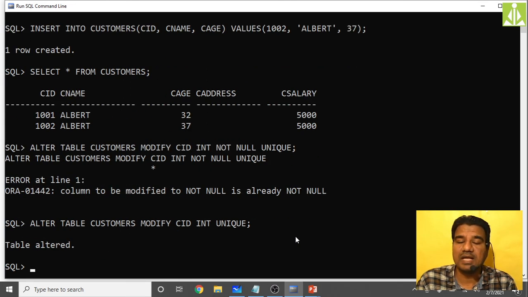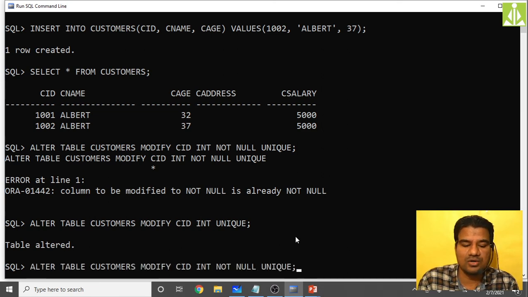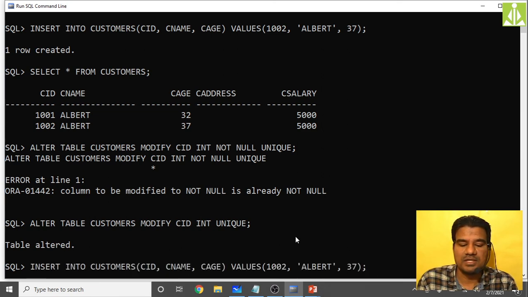So now CID is not only not null, but also it is unique. So just try to do the insert with 1002 Albert. Age, because it is also unique, I'm making it 42. Name is not at all unique, so I'm entering the same name. Now values of 1002 I'm entering.